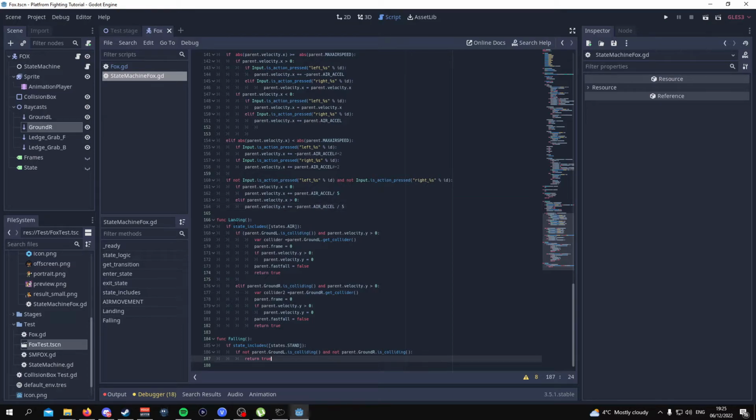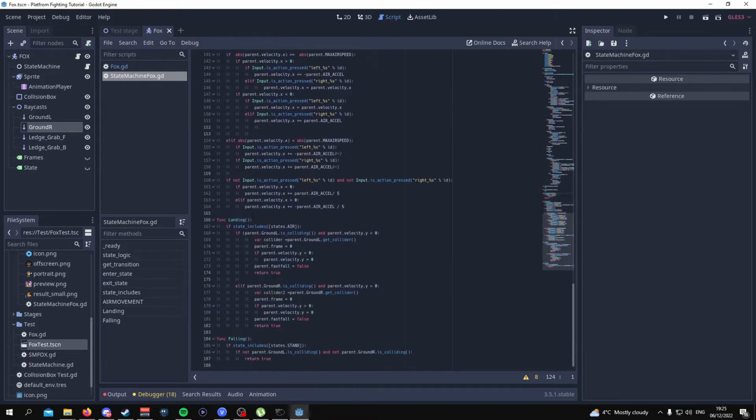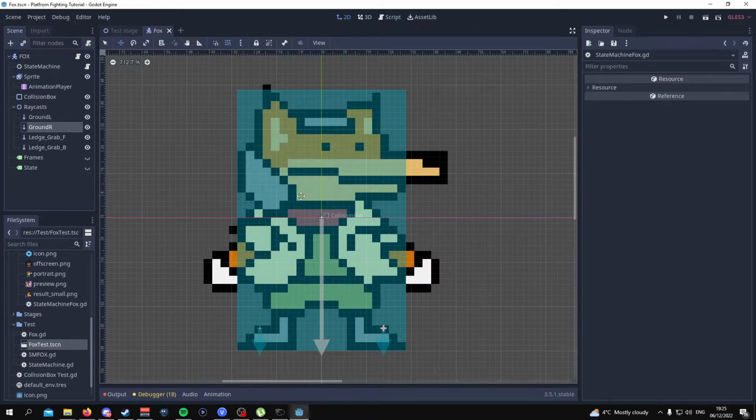Okay, moving on to landing and falling. For the landing state, this is going to use our states include function that we added in, I think, in the 2nd or 3rd episode. And this is basically saying that if you're within any of these states, as you saw earlier in the video, there were more states that I had here, but if you're in any of these states and the raycasts are colliding and you're moving downwards, then what this is going to do is it's going to get the collider, which is the raycast,